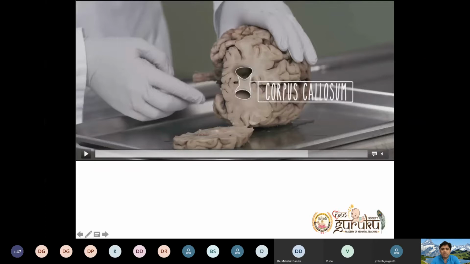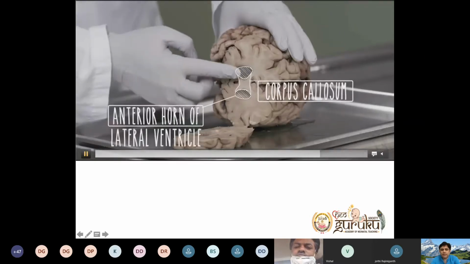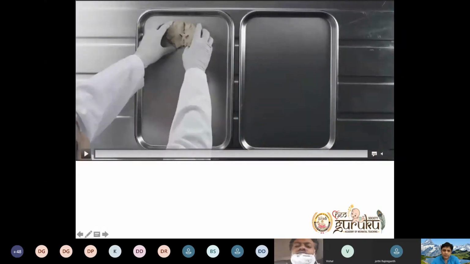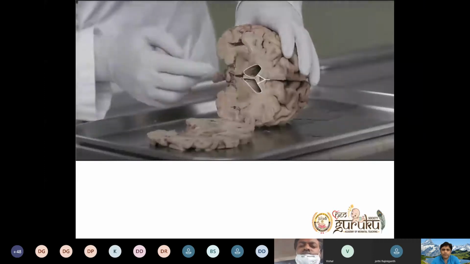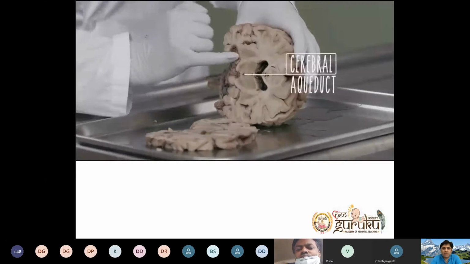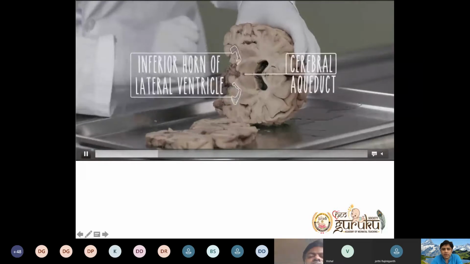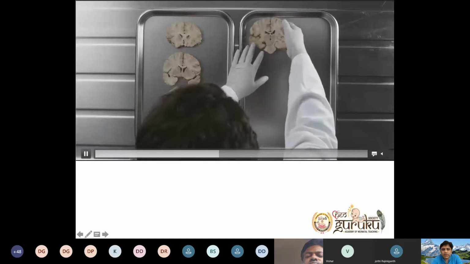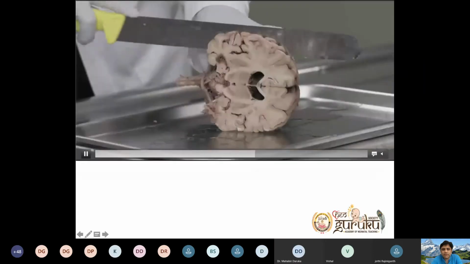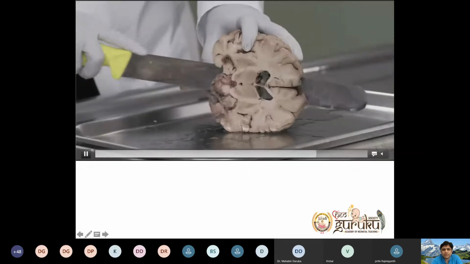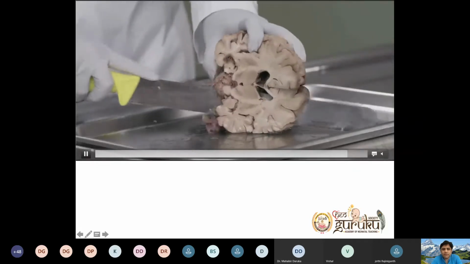I'm sure you're getting it from medial to lateral; you can go with the next slice. So, the anterior horn of the lateral ventricle. Okay. This is your cerebral aqueduct. Now we are in the section where we are seeing the posterior horn of the lateral ventricle. This is the anterior horn and body of the lateral ventricle. The brainstem you can also see here. Now we are cutting further. You can see this is your thalamus. This is your brainstem.